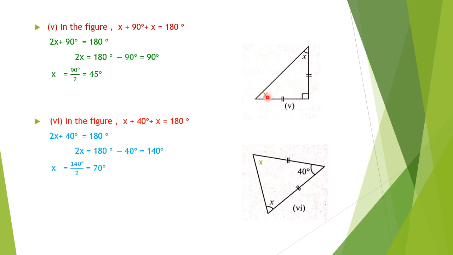So x plus x plus 90 degree we get 180 degree. Okay. x plus x, we are getting 2x. 2x plus 90 degree is equal to 180 degree. Therefore 2x is equal to 180 degree minus 90 degree, which is 90 degree. Therefore, x is equal to 90 degree divided by 2, that is 45 degree. See whether our answer is correct or not. Here 45, here also 45, 45 plus 45 is 90. The third angle is also 90. So 90 plus 90 is 180. So our answer is correct.